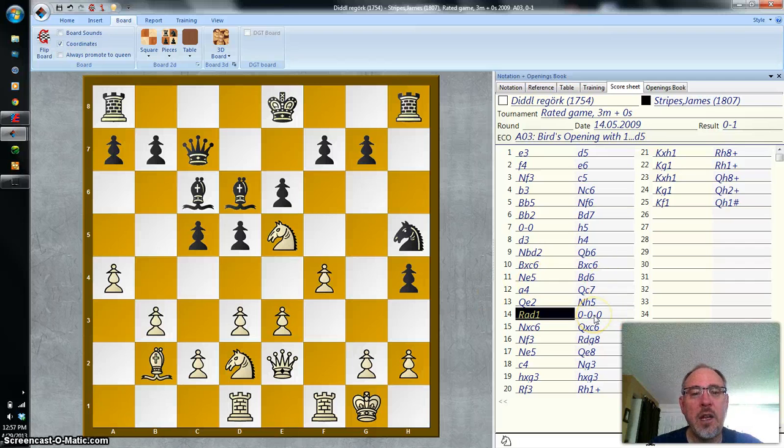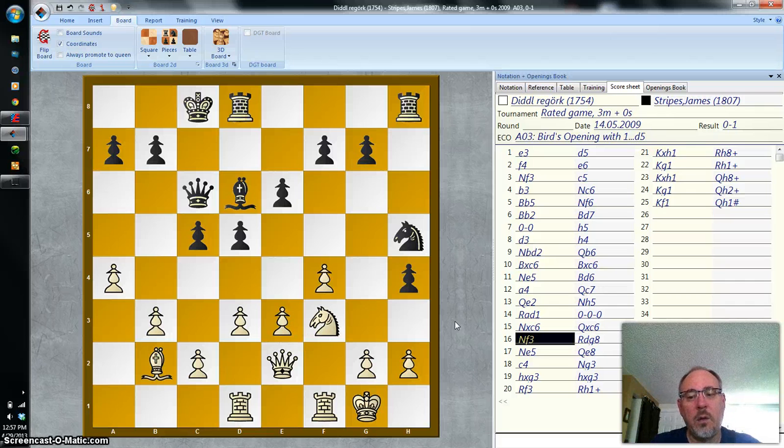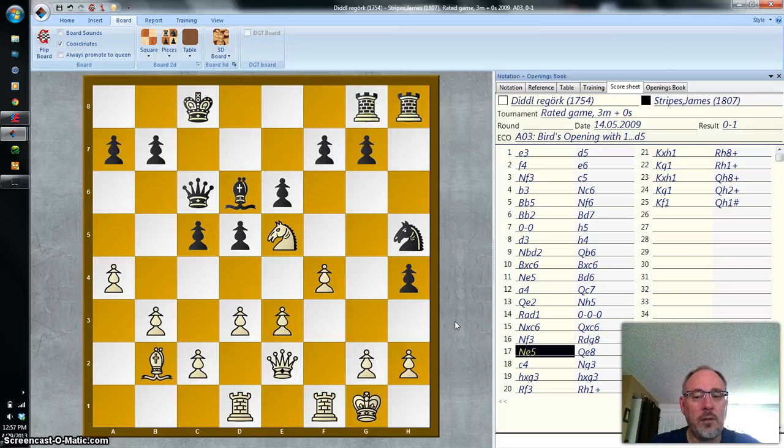Now we see 3 zeros. Notice that black could castle either direction. If it were 2 zeros, as on white's 7th move, that would be castling kingside, but 3 zeros, actually they're capital O's, means castling queenside. Again, the king moves 2, and the rook hops over. Knight takes C6, queen takes C6, knight F3, rook D, G8, knight E5, queen E8, C4,